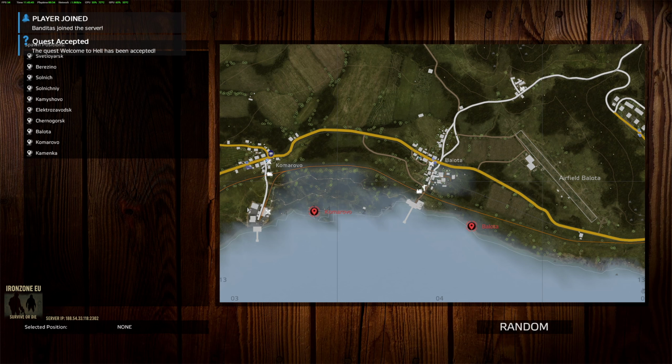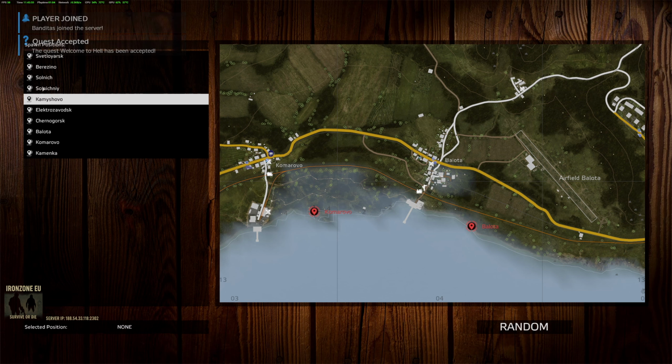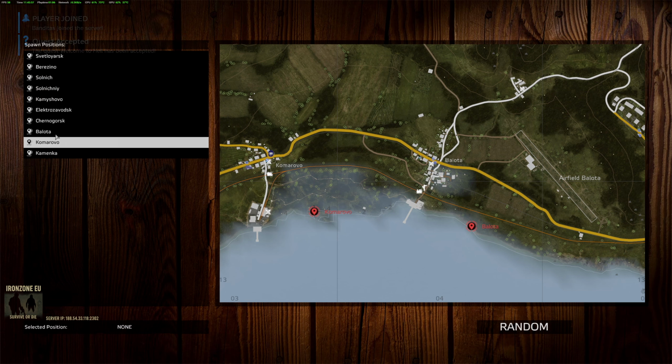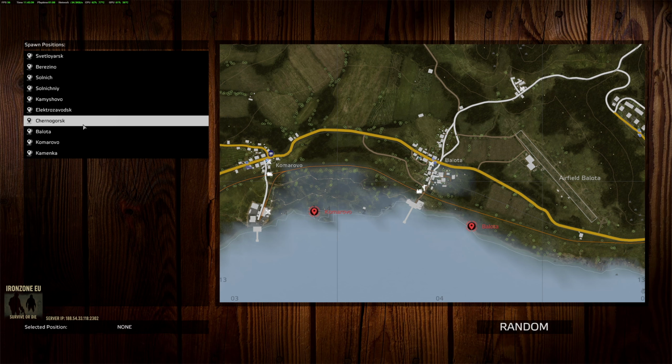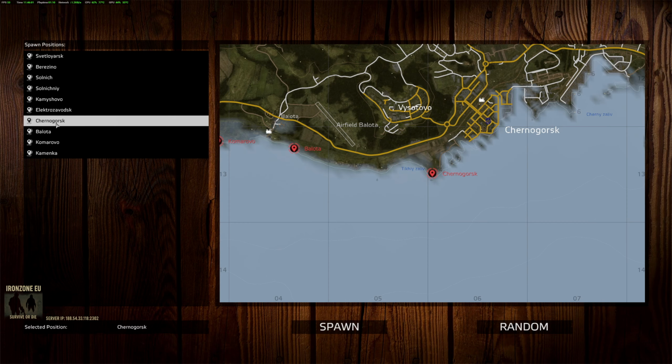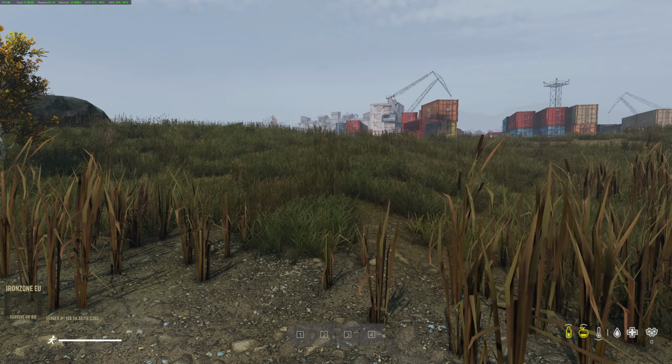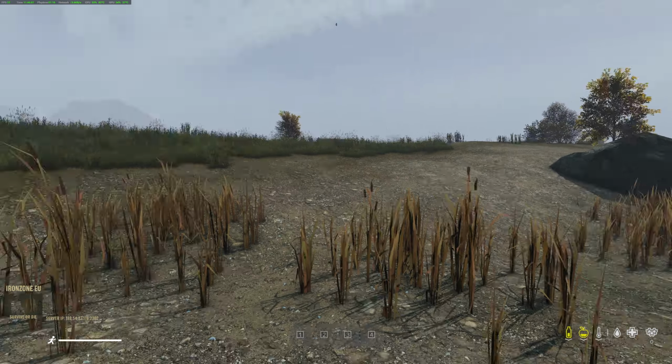So like you see, we joined our server. The first time you join, it's gonna look like this, because you never played, so it asks you where you want to spawn, which is spawn in Chernogorsk. So we're here.